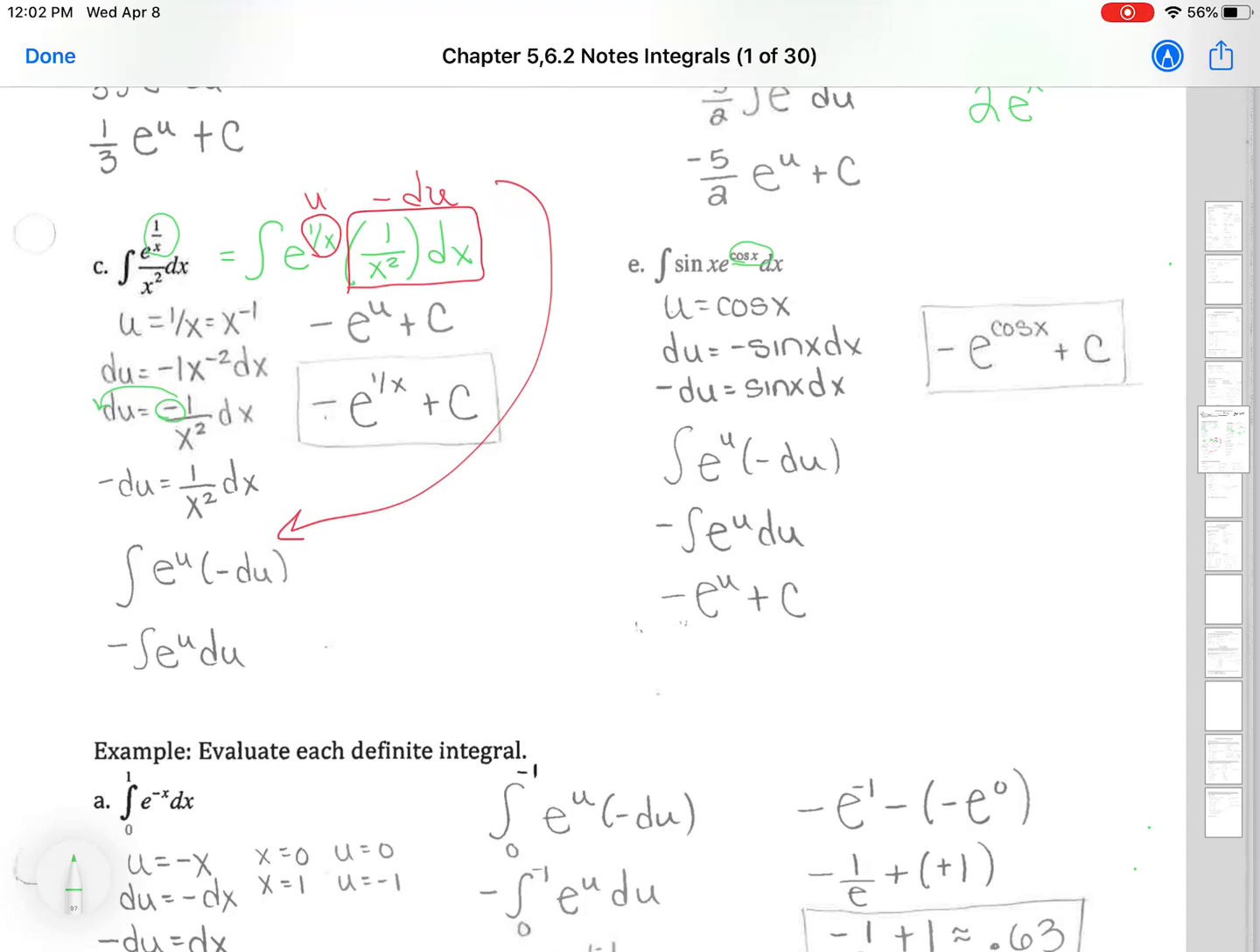Now, even when trig gets put into it, you still start off with the exponent of the e function being your u value. See if that's going to work. The derivative of cosine is negative sine. We don't need the negative, so we're going to move that